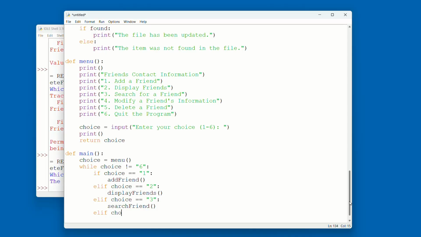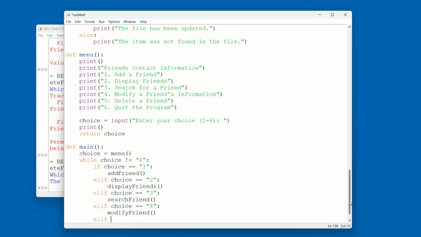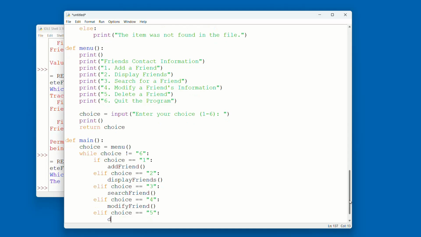Else if choice equals 4, we're going to call our modify friend. Else if choice equals 5, we're going to call our delete